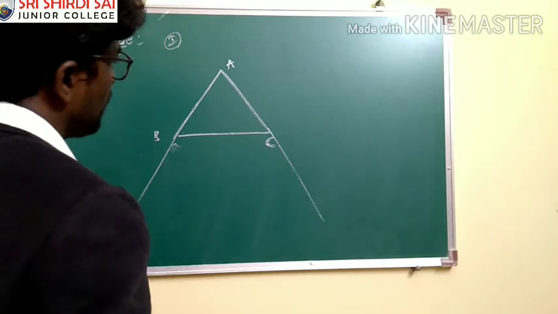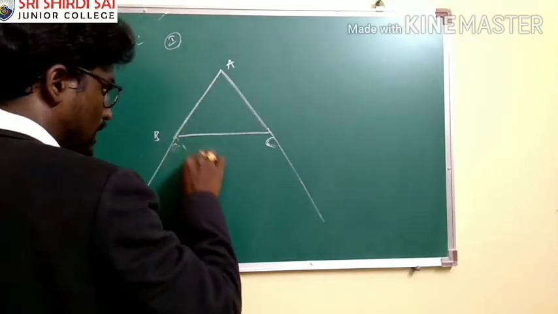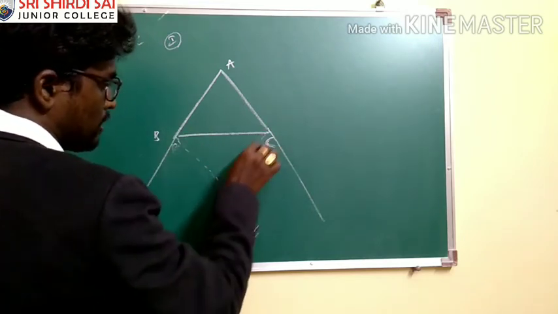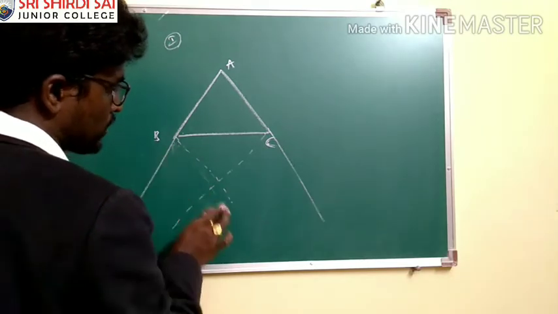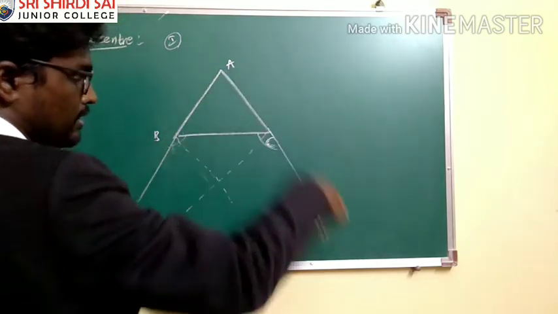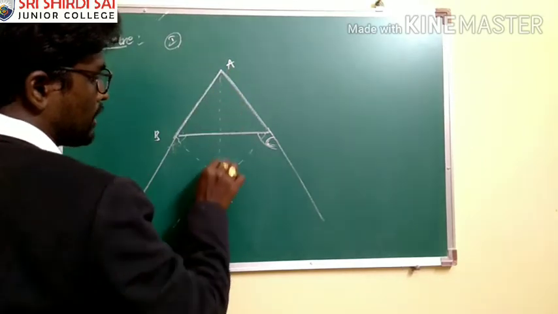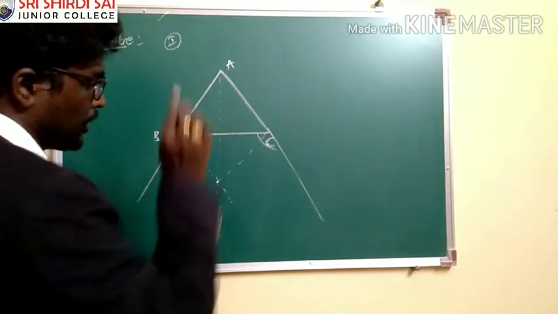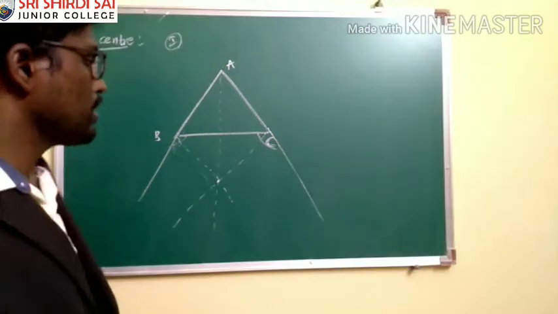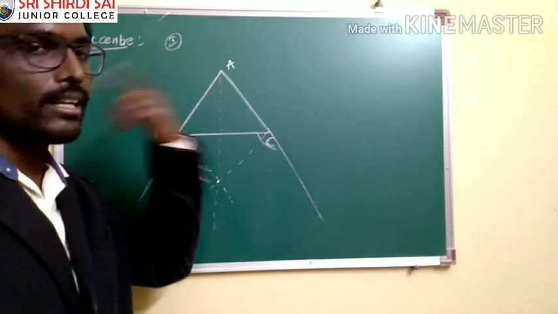When you are talking about the excenter, it is the point of intersection of the external angle bisectors taken from both exterior angles. Can I say these particular angles are exterior angles? When I extend AB and AC, I can. Also, one internal angle bisector is taken from vertex A. I repeat, the excenter of the triangle is nothing but the point of intersection of two external angle bisectors and one internal angle bisector.